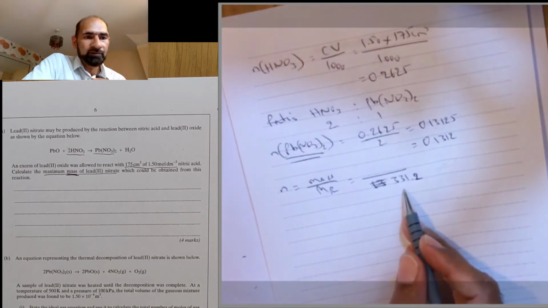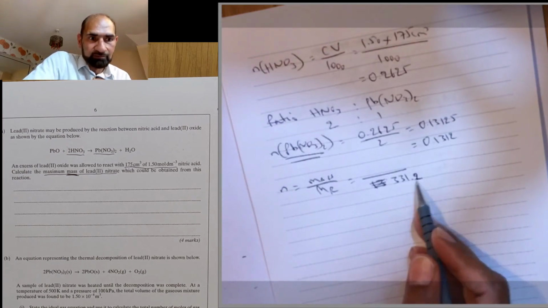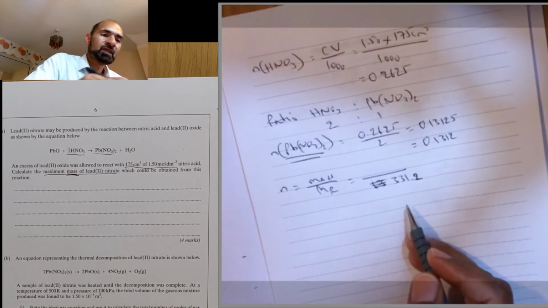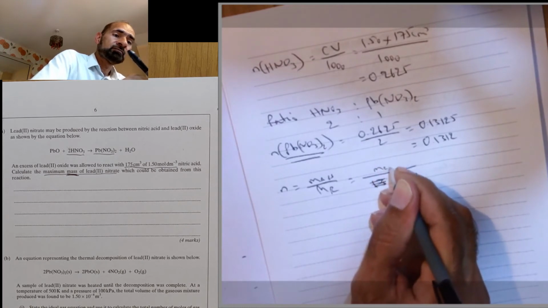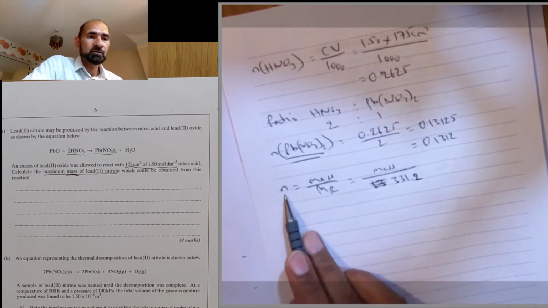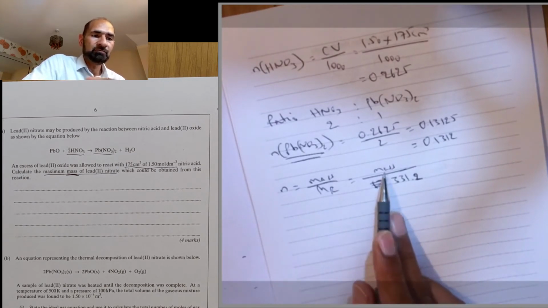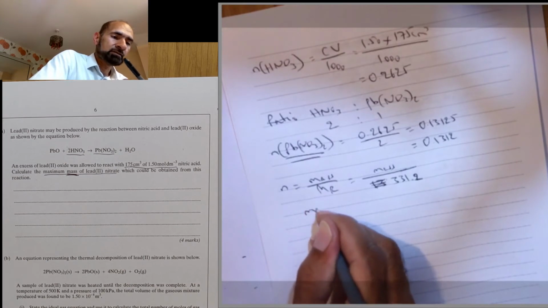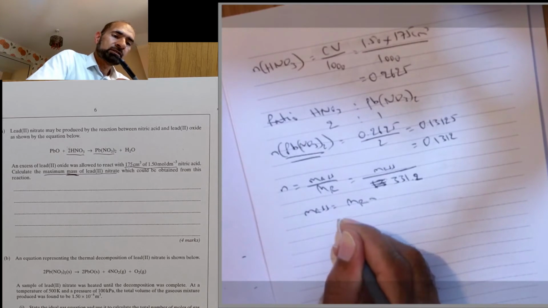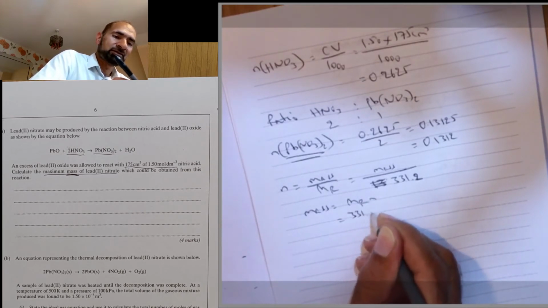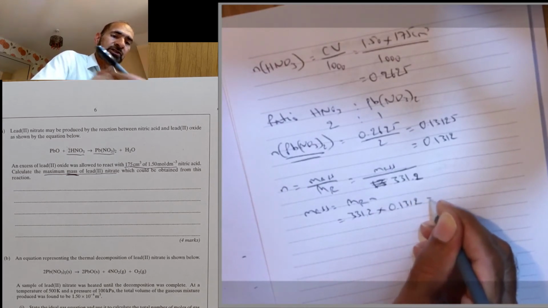Yeah, not a problem if you're going to use all 4 sig figs. Remember, nothing less than 3 sig figs, but use the periodic table. So the MR is 331.2. All right, that's the MR, and of course the mass is what I'm trying to work out. I've got the moles there, I've got the MR, so I rearrange this equation to give you mass. So mass equals MR times moles. MR is 331.2, and moles is 0.1312, which equals